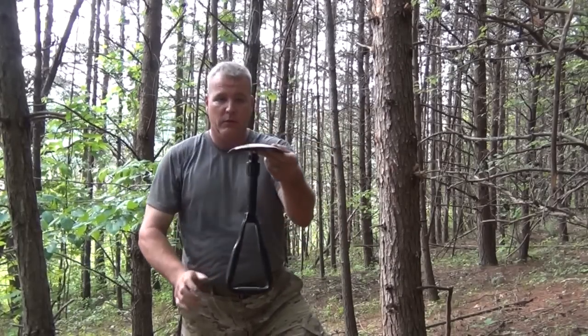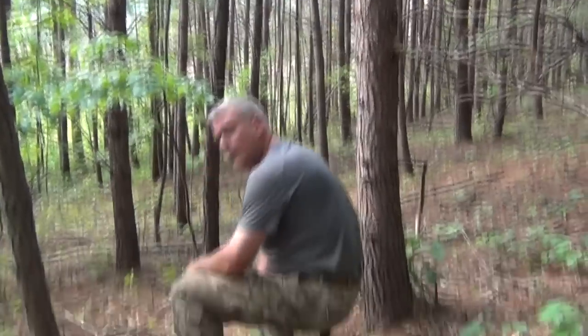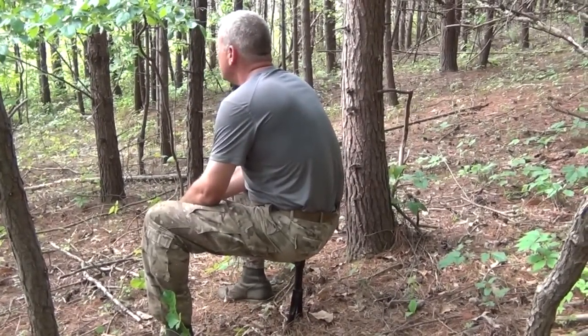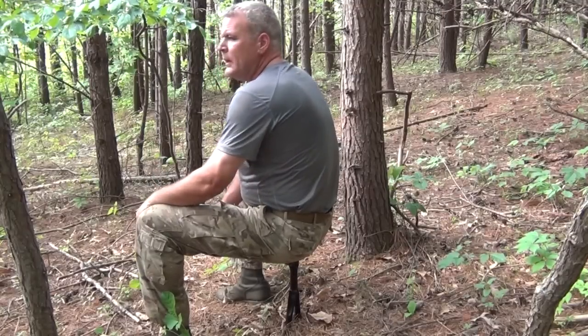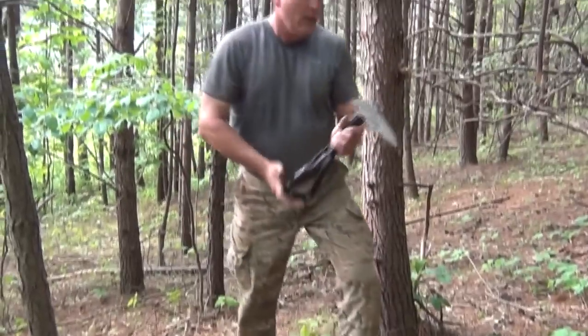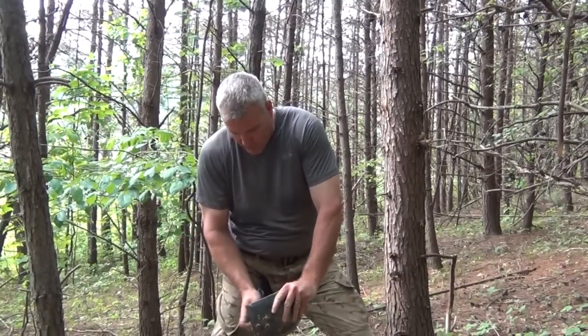Also, this could be used as a seat. After a long day of shoveling, a man gets tired. And I've sat on this for a long time, sitting around camp, and then all of a sudden, if you need to, you can just stand up, fold it up, and go. So it works that way. Also, you can go here